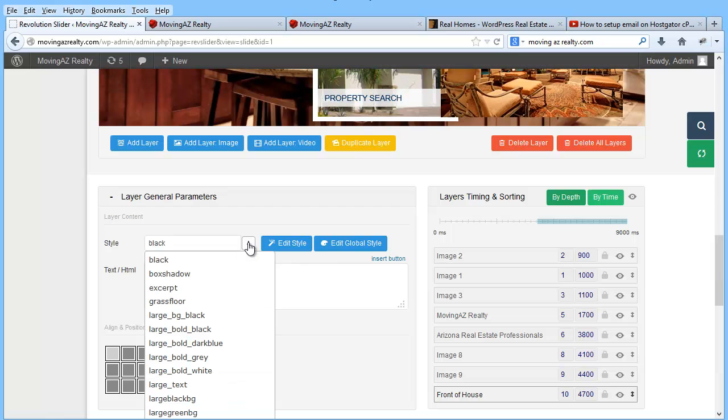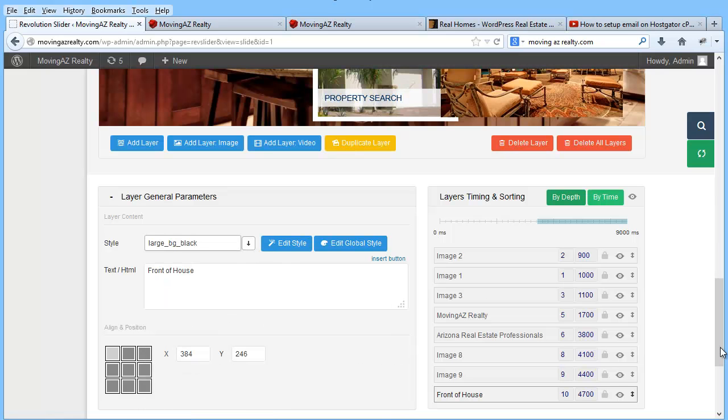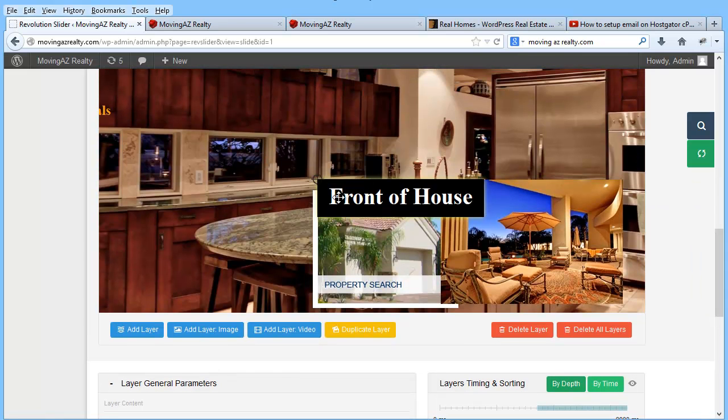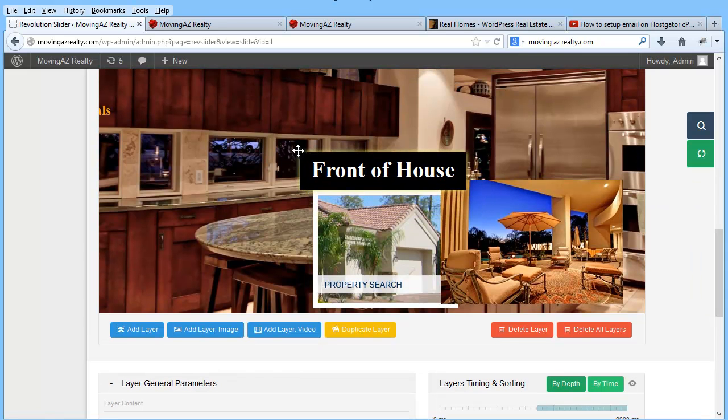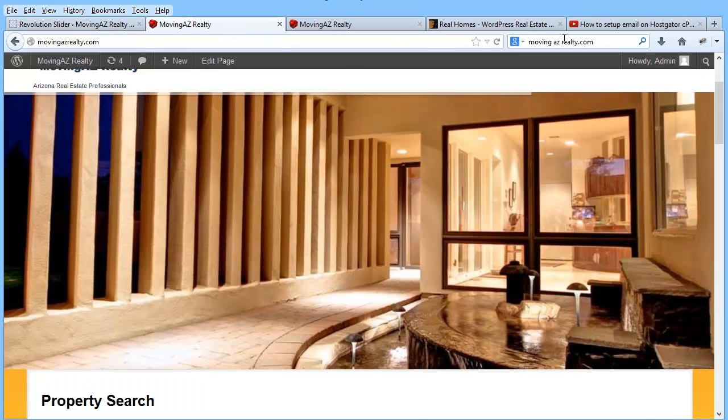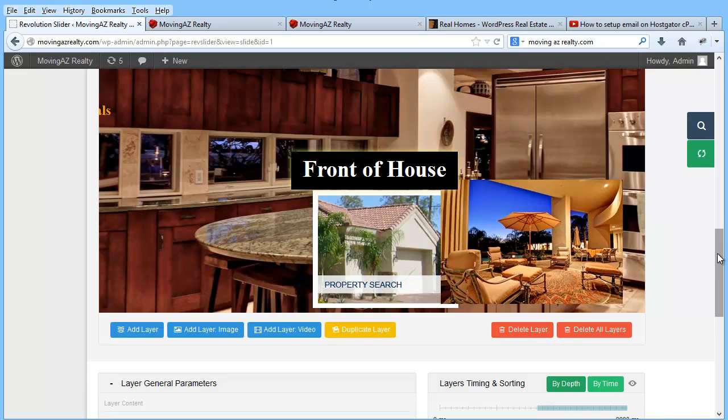And I'm going to change that to, let's just go with this. This is just an example, guys. Front of house. You can choose the different fonts that are available to you. But if I do this right now, you're going to see that I added this image, then I added this image, then I added this. So if I click Update Slide,